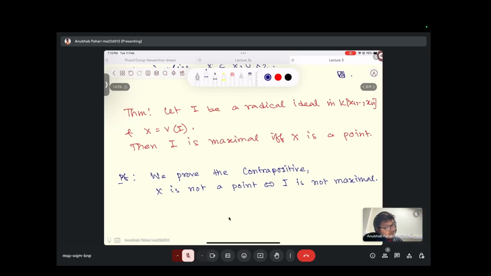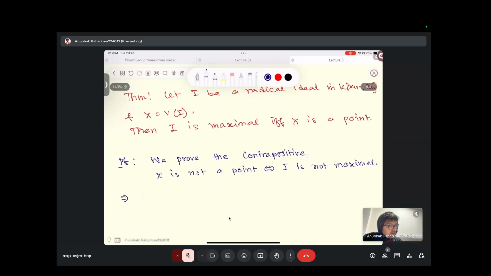So we first prove the forward direction. If X is not a point, then